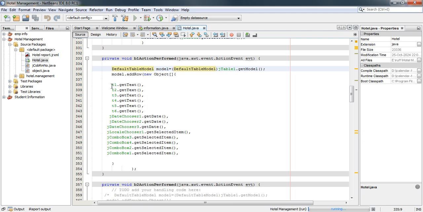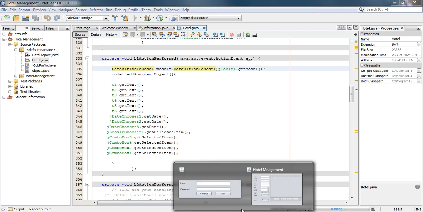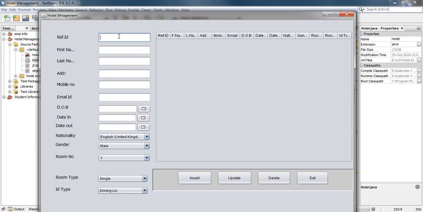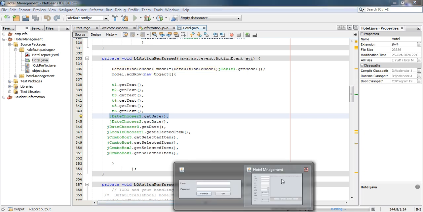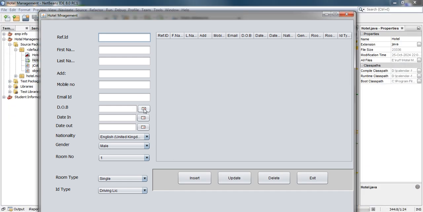So get data, where is from? We will take data from the text field T1, T2, T3 field, okay, the T1, T2, T3, T4, T5, T6, and with the help of date chooser dot get date, with the help of this source code, we will take the data from this dates in this calendar, okay. From this calendar we'll take the data,